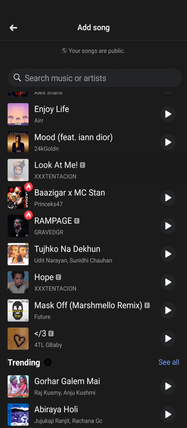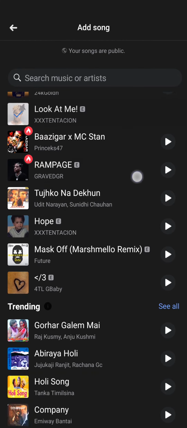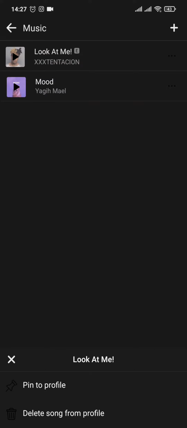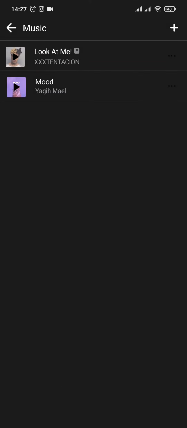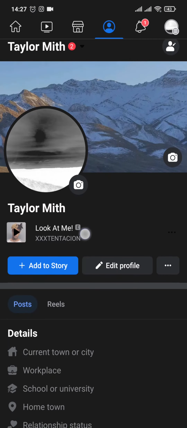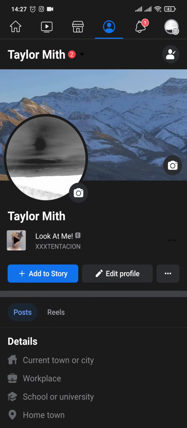Just tap on the music, and after that tick mark has appeared, you can hit back and the music will be added to this section again. Tap on the three dots and tap on pin to profile. After that is done, if you head back, you can see that the music has been added to the profile,